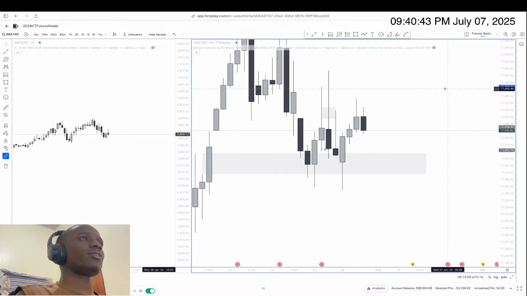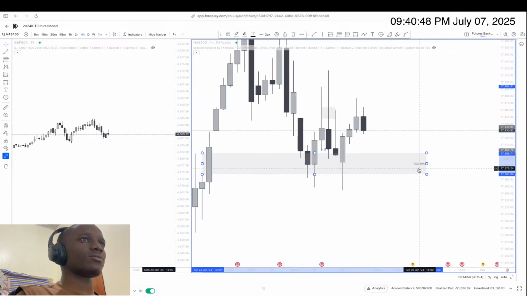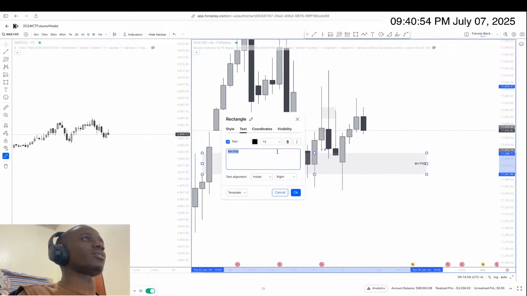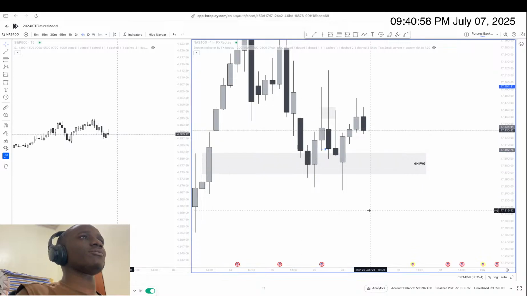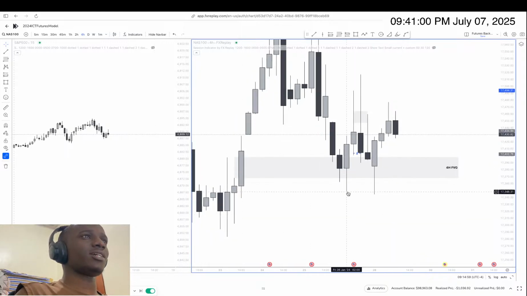So the 4 hour, you can see it has a fair value gap which held. So this is a nice 4 hour fair value gap. This text should be bold, because why not? Bold, and italic, no, not italic. So we have this 4 hour fair value gap that's holding. It took out liquidity, very nice sweep, and remove any images here. So we have this sweep right here,